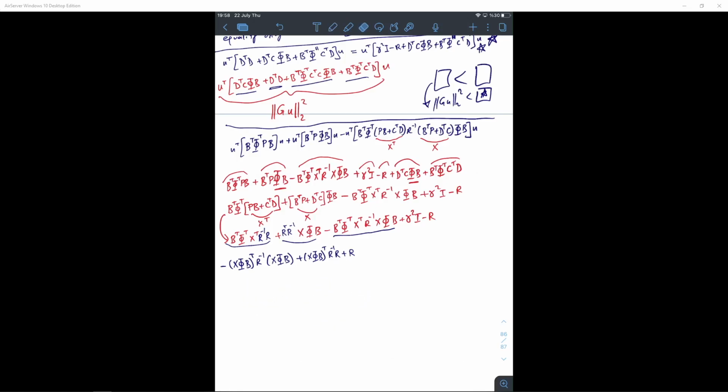This is all going to make sense at the end, or does it? You're going to find out. So R transpose R inverse, I'm just writing this term, right? X phi b, okay, and minus,